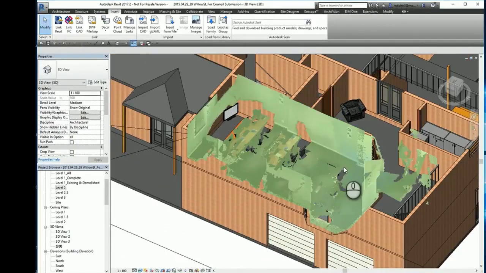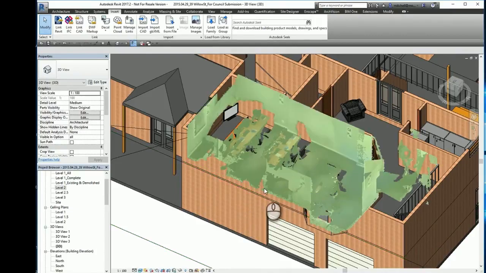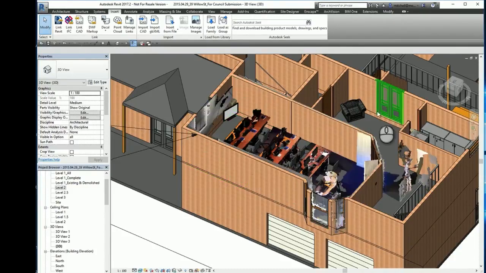So this scan was done in about 4 or 5 minutes, and it's returned some extremely valuable information. This is obviously kind of replacing the need to use traditional scans. We can just go in there with the scanner, a few minutes at a time, and we can come out with a finished product that we can import into Revit and we